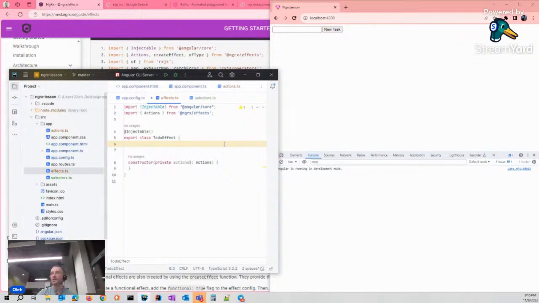Let's extend this new task with some new data, like just the current time. Okay. Add current time. This name is used only in the tests and can be anything if you want. Create effect.